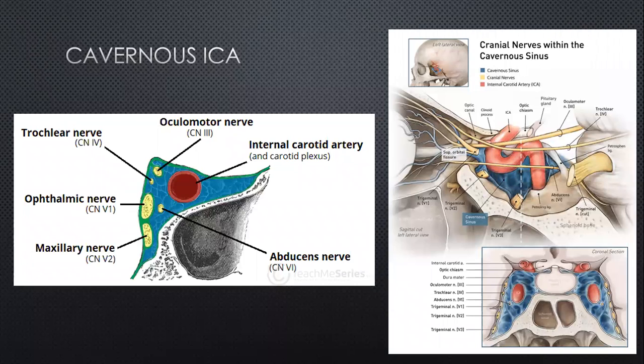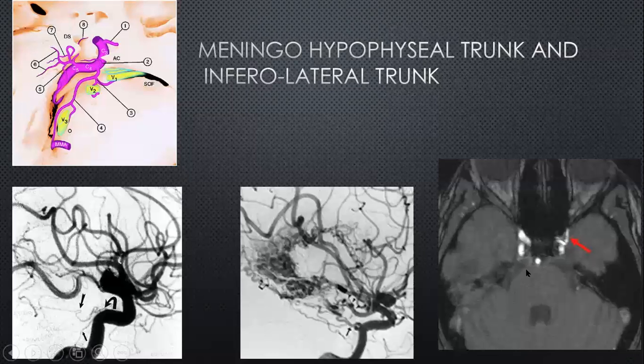Yes, sorry, apologies. Okay, so now we are at the cavernous sinus level here. So the cavernous sinus itself, on either side of the sphenoid sinus and sella, is a dural structure, which contains the venous plexus, but also contains the internal carotid artery. So this is the cavernous portion of that artery, but it also contains the relevant nerves: the third nerve, the fourth nerve, and the first and second divisions of the fifth nerve, but also the abducens nerve, which lies within the lumen itself of the cavernous sinus. And we have looked at this anatomy when we discussed the cranial nerve anatomy.